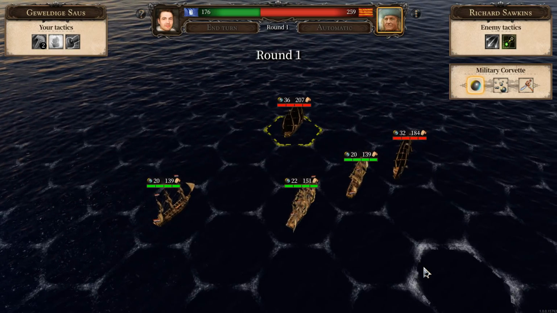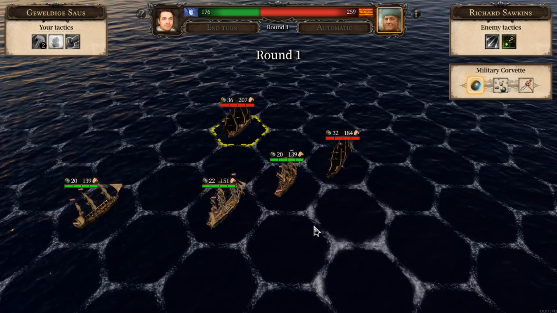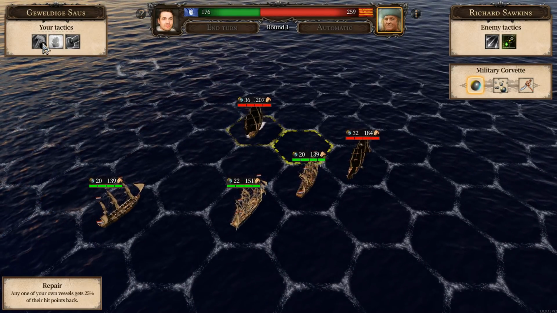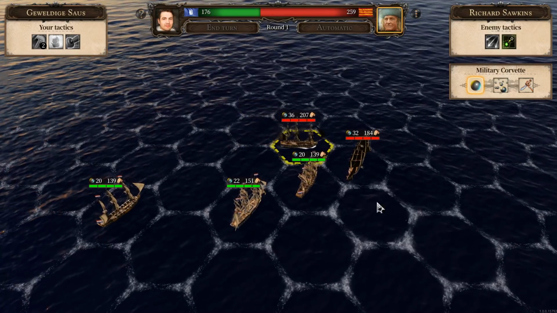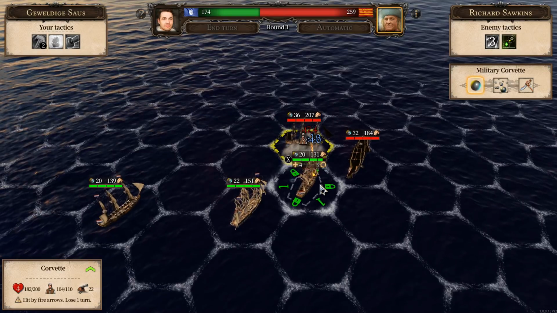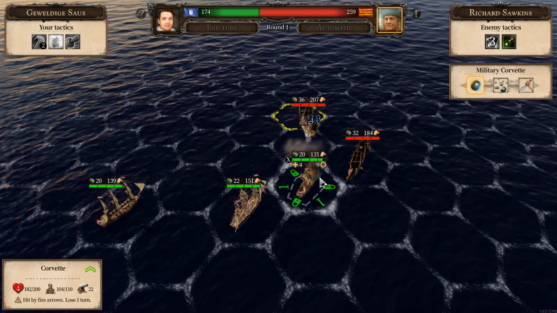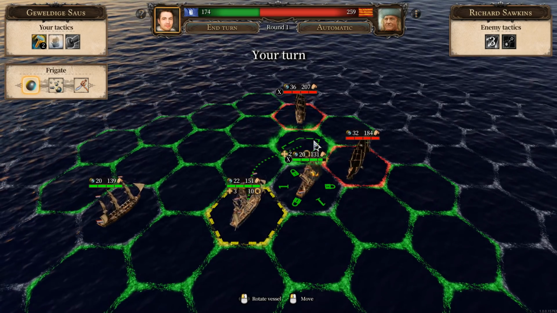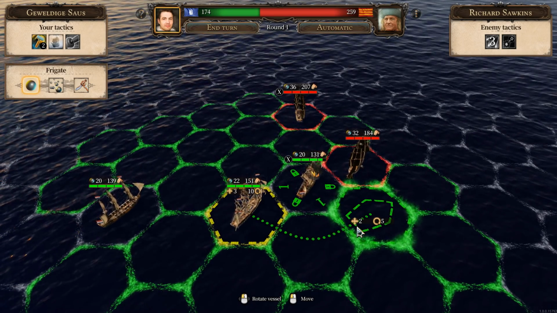I've got to say, I do like the ship combat. So we have 3 tactics. We've actually got 4 because we've got 2 repairs. Oh, here he comes. Throws in a broadside. And then runs away. I tell you what. That is not a smart combat tactic. Because